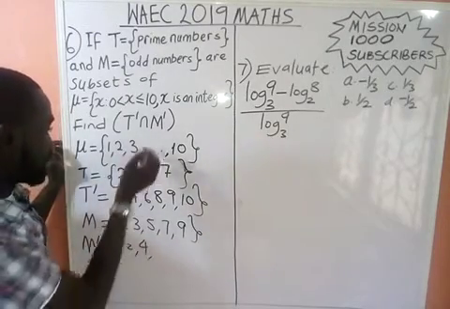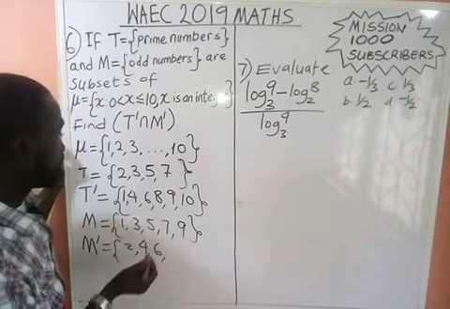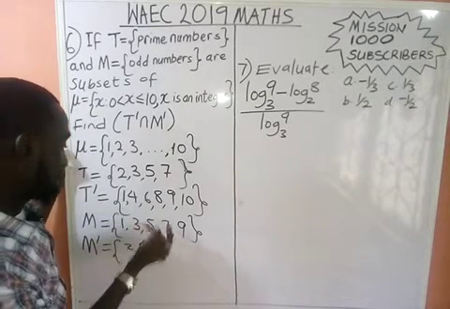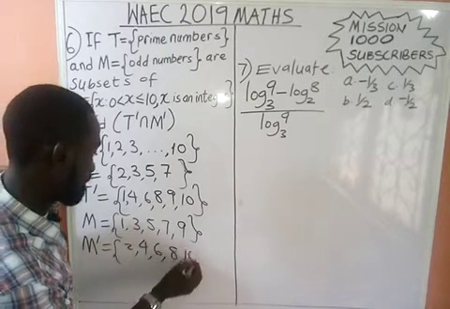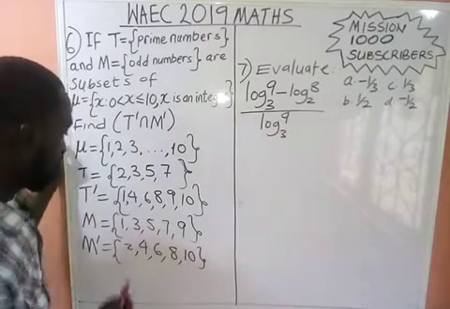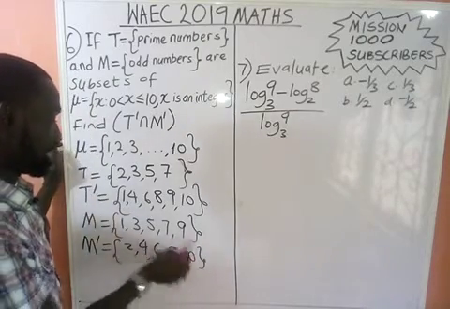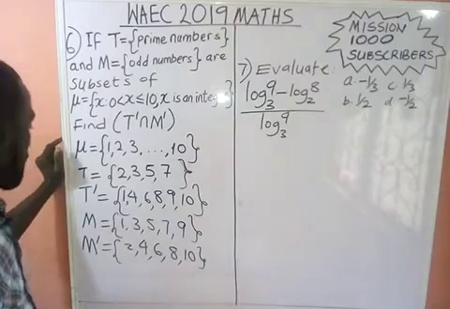I can see 6 here. I can see 8, okay? I can see 10. Are you with me? So we have 2, 4, 6, 8, 10. So what is now the question?